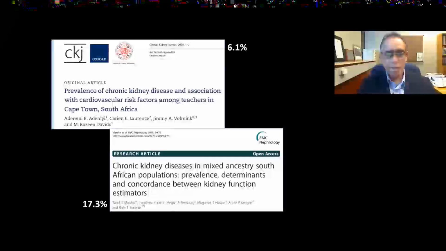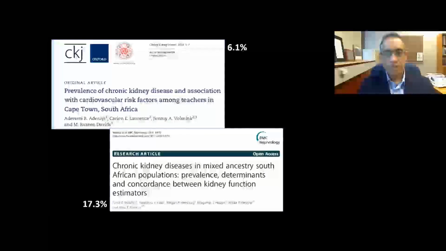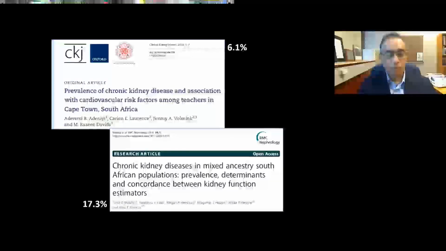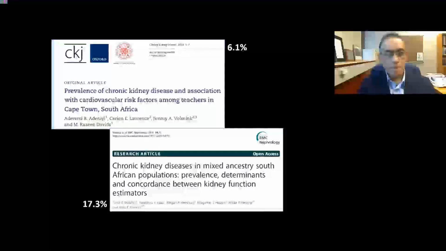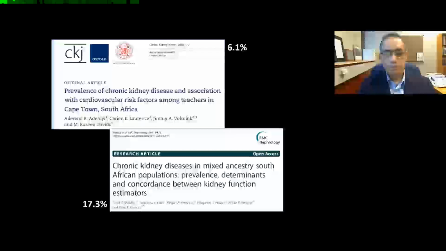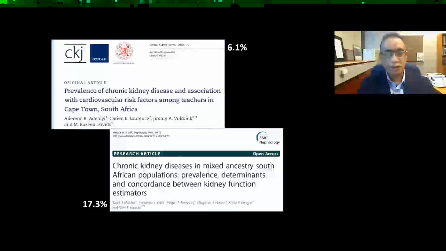The paper below is also from Cape Town in the geographical cohort, and there the authors found a prevalence of 17.3% using the CKD EPI equation. Once again, the MDRD would have given higher estimates, in this case over 20%. So as you see, it's critically important that the tools we use to diagnose kidney disease are as accurate as